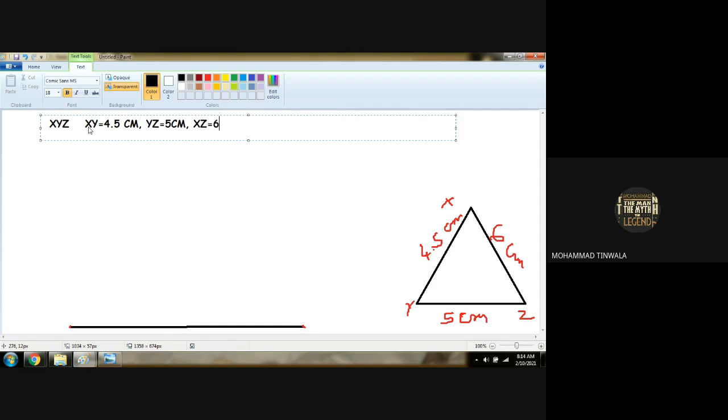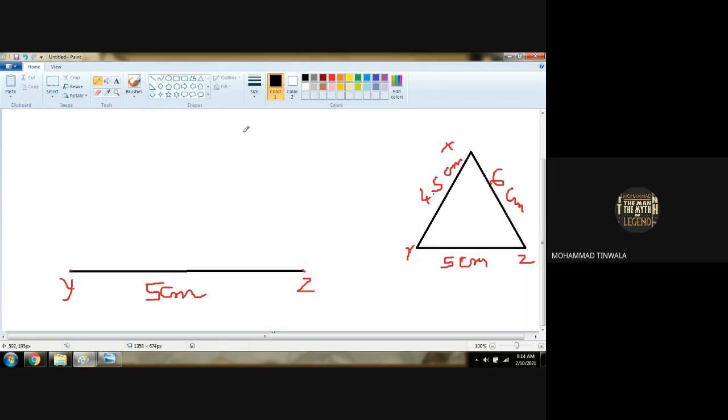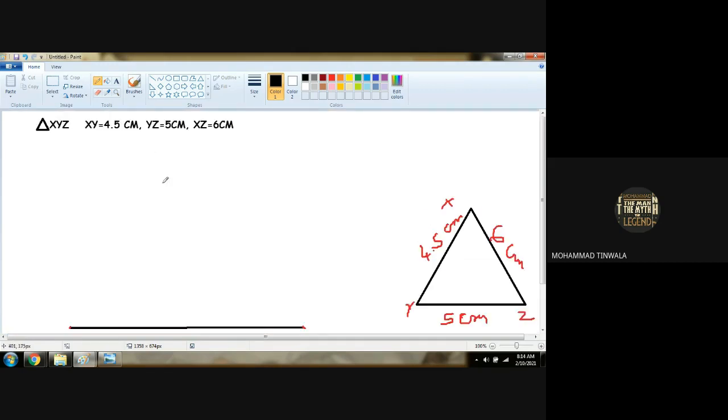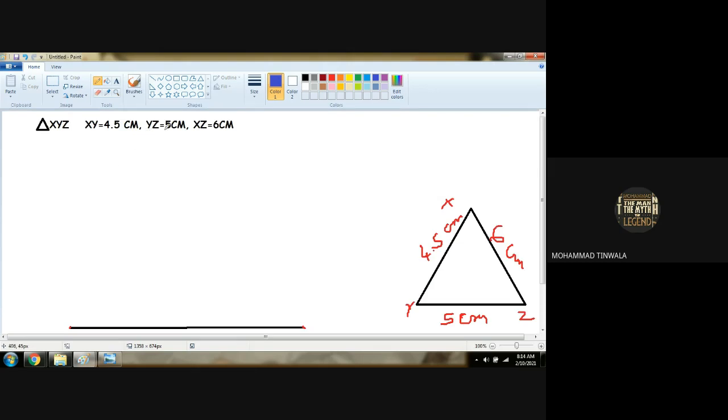Both are the same, whatever you write or speak, both are correct. So this is the given triangle XYZ we have to prepare, where XY is given 4.5 centimeter, YZ is given 5 centimeter and ZX is given 6 centimeter. We took YZ 5 centimeter first, correct? Now we have to take a center point Y. What is common with Y? Z is also there and X is also there. So we have Z and we have Y. YZ we cannot take now; we already got it. We have to find X only.